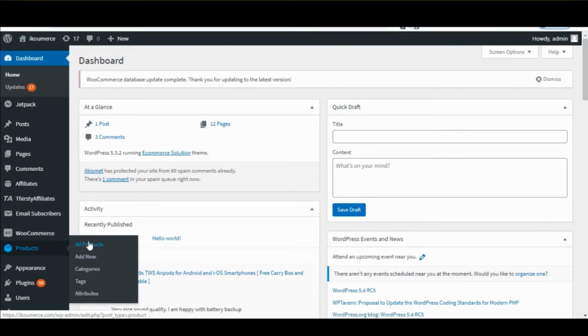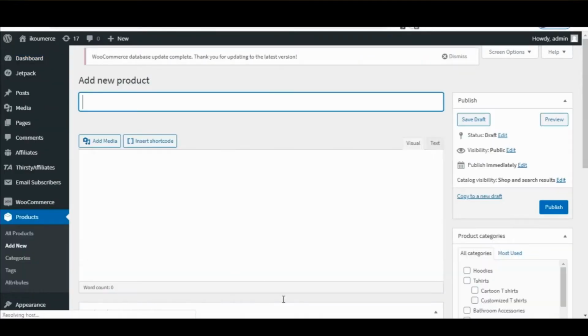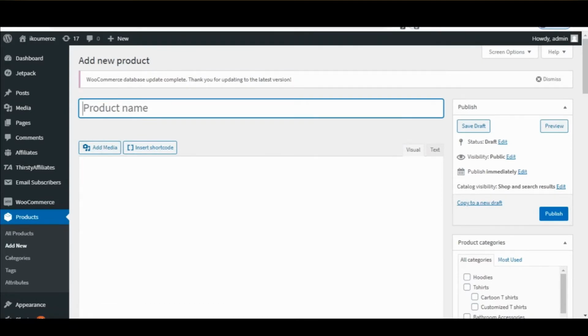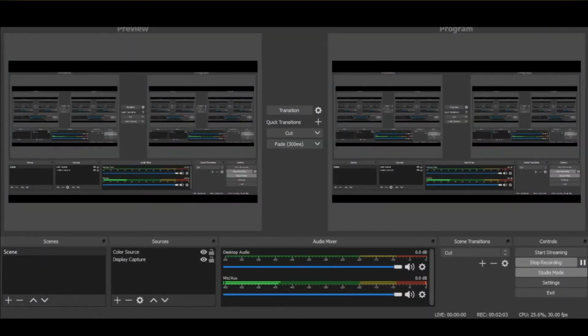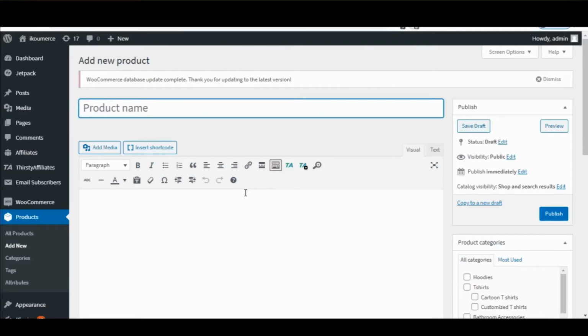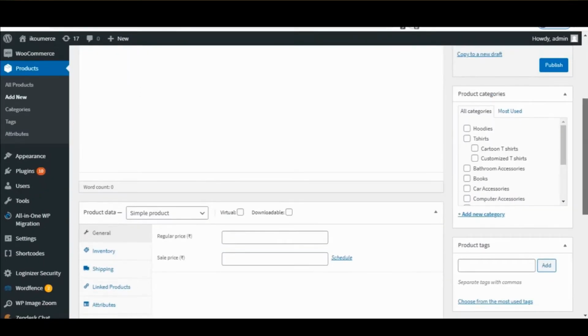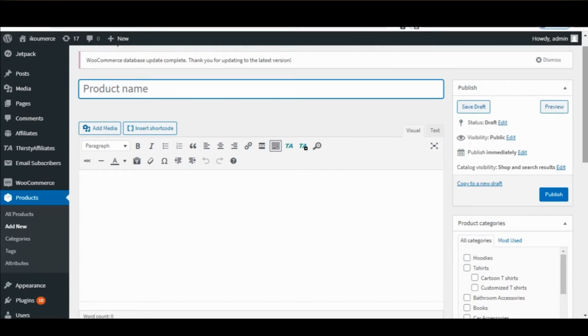This is the product area. So we have to add a new product, so we will go to add new. We will click on add new button. So I have just clicked it. So it will open up a window like this, and adding a product is not difficult. It is quite easy. It is very similar to adding a post. Some of the features are there which vary, but it is quite similar to adding a post in your WordPress website.